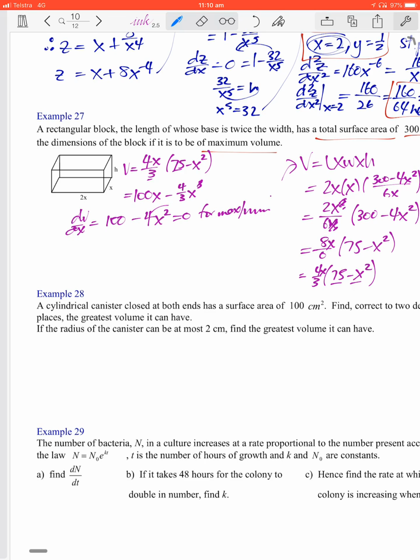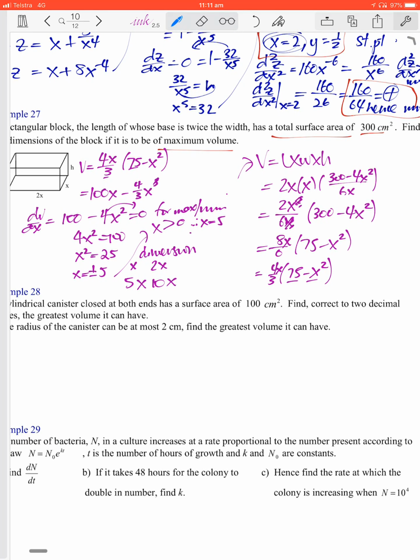Bring your 4x squared to the side, so 4x squared equals 100. X squared is equal to 25. X equals plus or minus 5. X has to be greater than 0. Therefore, x equals 5. So our dimensions are